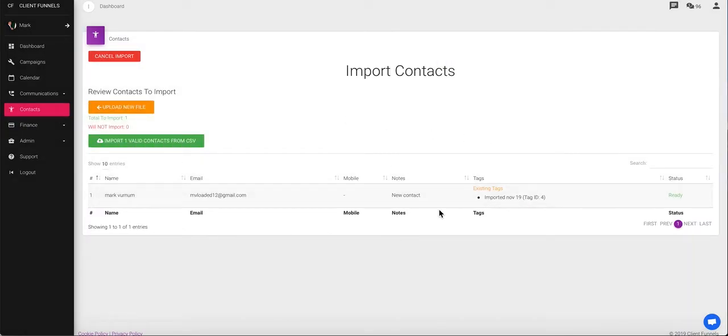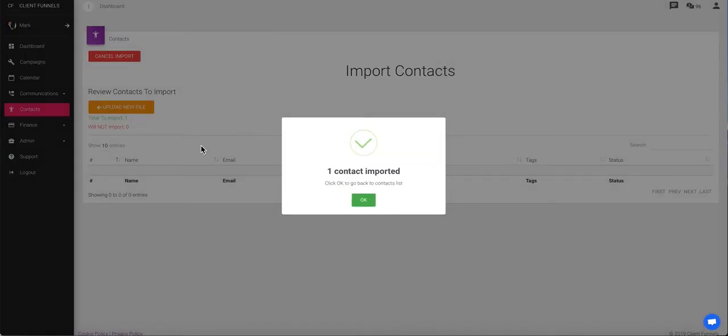It's all happy. Okay, we've imported it with the tags that we wanted to. We've got the notes in there. It will tell you the total to import and the number that will not import. So if you have any errors in any of the mobile numbers or the tags or the email addresses, it will tell you which ones have an error and what to do, or if it's ready to be imported. Depending on how many pages you have, you could upload thousands in here, scan through and it will check. Once you're happy, you've got them all green and ready to upload, or you've removed or fixed the errors,